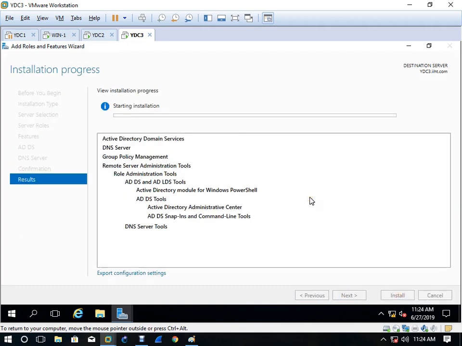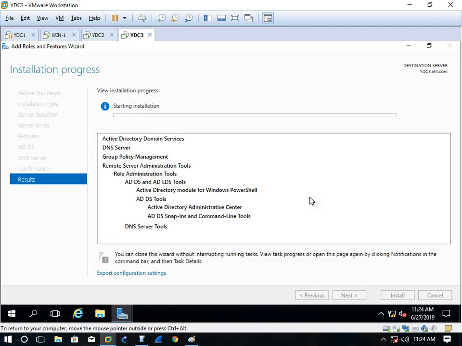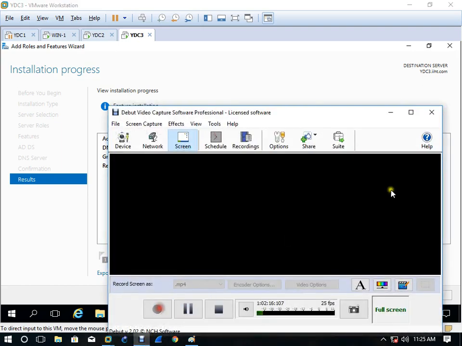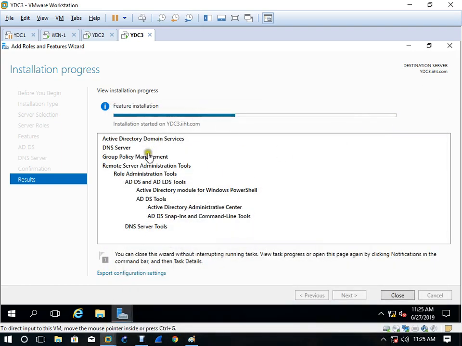So this is our additional Active Directory Domain Services. Okay, so we are installing. Let's see. When you see it, you will understand.